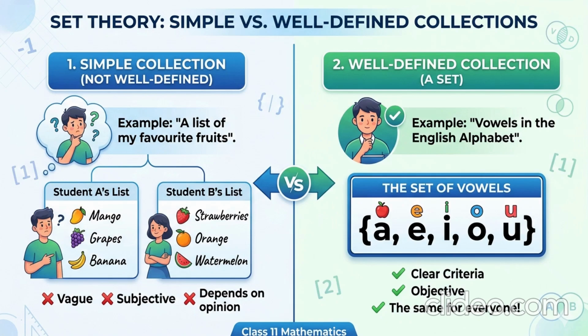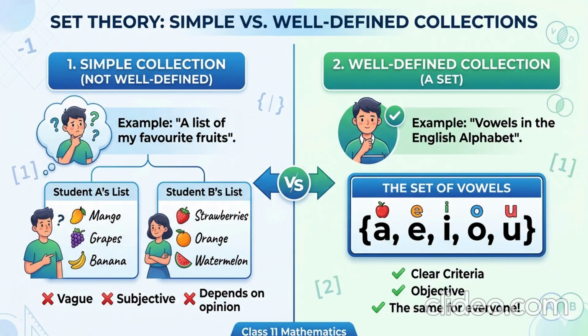Simple versus well-defined collection. On the left side, we can see simple collection, which is not well defined. For example, a list of my favorite fruits. My favorite fruit can be different for each and every individual. Like student A and student B, their choice of fruits is different, not the same. So a simple collection will not be well defined; it can be different for each and